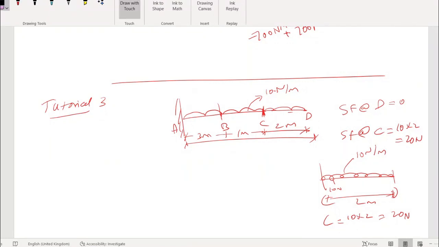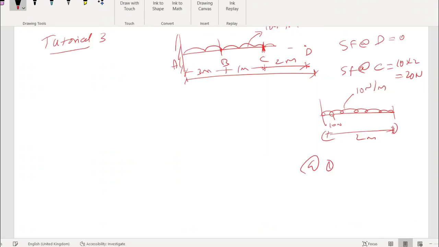And bending moment I explain a bit. Bending moment at D will be 0, and then it starts to increase. At C it will be a different value. Let's calculate at C. Apply the force into distance formula. At C, force into distance, right? Your force is UDL. Change to your point load first, which is 20 newtons, right?